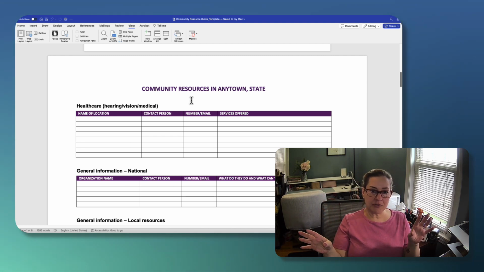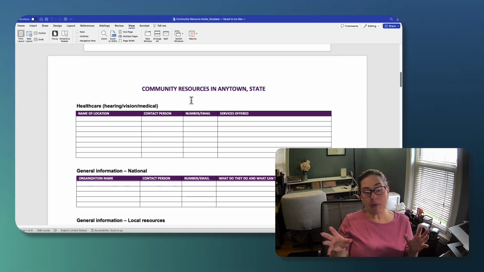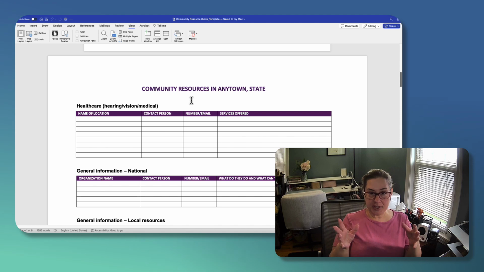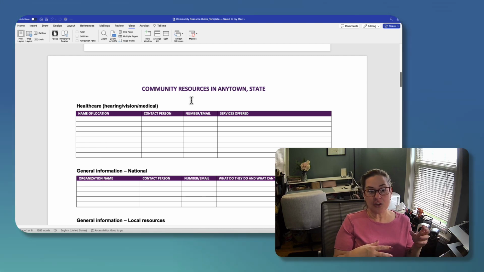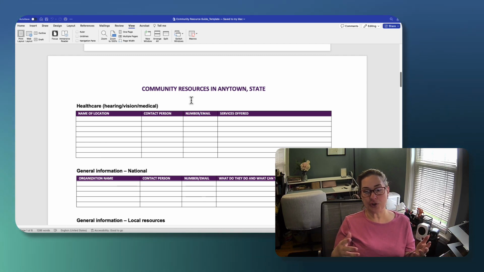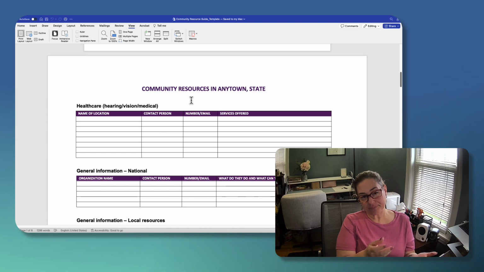So if you're working in multiple areas in the state, you might want to have a resource list just for the urban area, and then a resource list for the more rural areas in which you work, so that depending on where your client lives and who you're working with, you can give them resources that are actually attainable for them where they are.